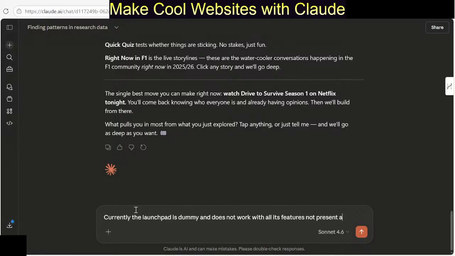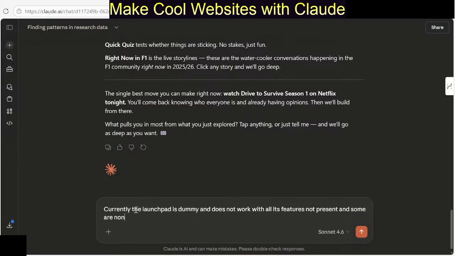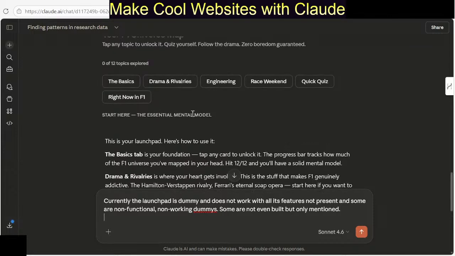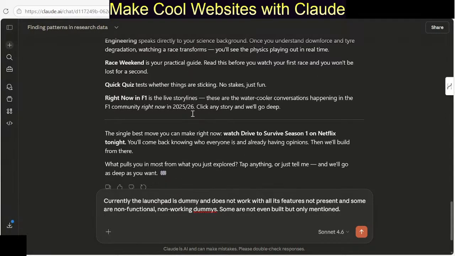Some are not present, some are non-functional, non-working dummies, some are not built but only mentioned. So I basically told it what the situation is. I'm trying to click and none of this is functional. This is all dummy. So